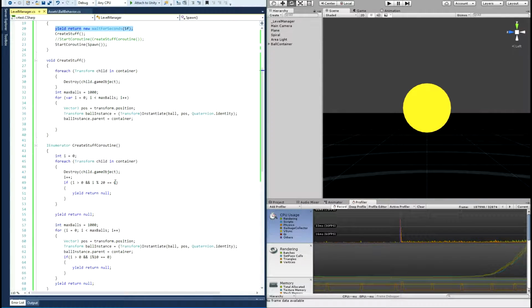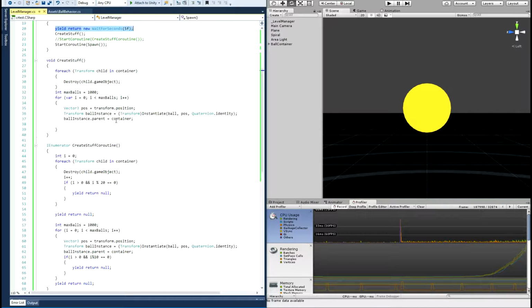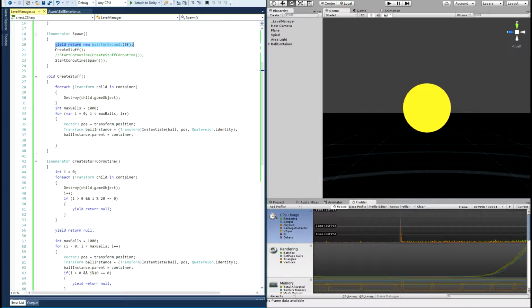Below that, you get two methods here. You got create stuff and create stuff coroutine. What I'm running now with the lag is create stuff. So this is straightforward. First, clean everything up, because every object goes into a container. So just clear out that container, and then run through and create the ball with this behavior attached with the